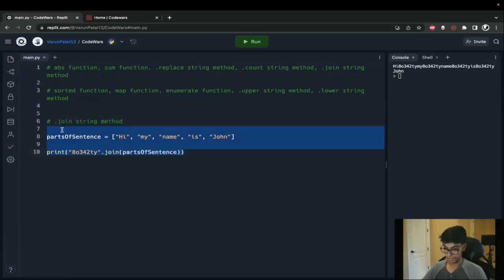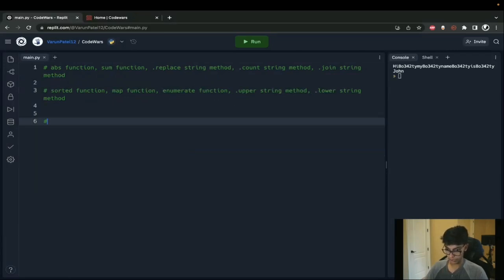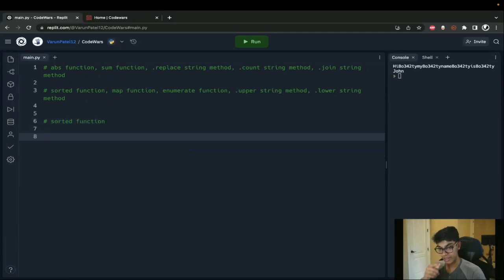All right. How many functions do we have left? We have 3 more functions and 2 more string methods. So, sorted function. Again, pretty straightforward. I'm going to try to go quicker on these ones because they're pretty easy. Let's just say we have numbers. Actually, let's stick with our scores. 100, 54, we'll have an 89, we'll have a 20-something. Terrible scores, but